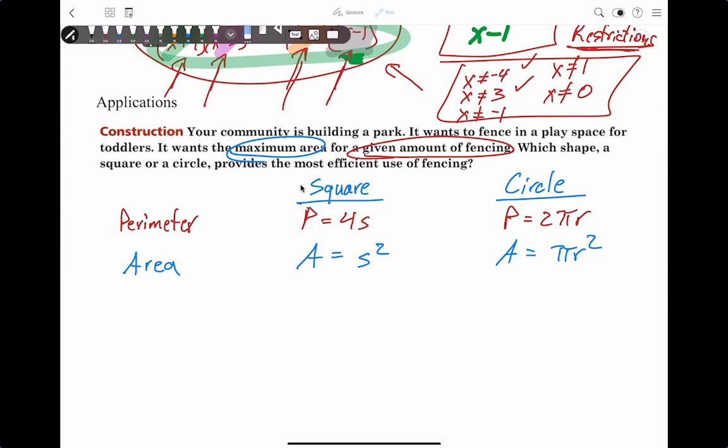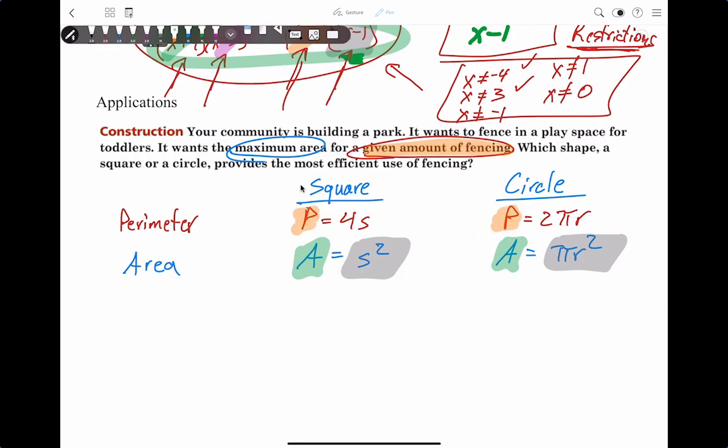I have 2 equations on both of them already right now. So if I wanted to compare their areas, what I'm really doing is trying to make sure that these variables are pretty much the same, if you will. Okay, so if I looked at this and I wanted to do it in terms of P, because it's all about that perimeter, that amount of fencing that was in fact given,